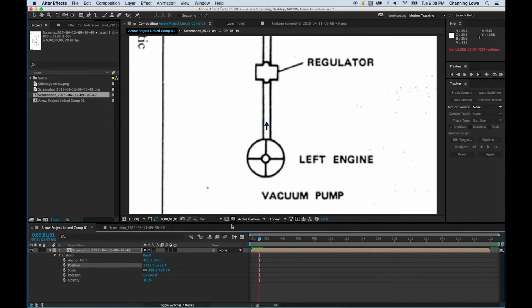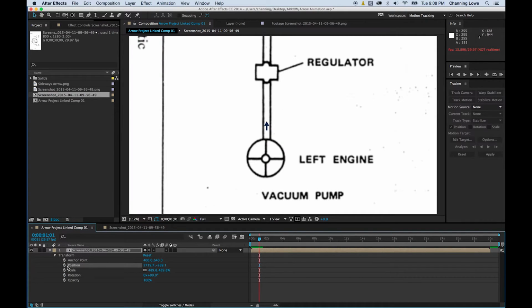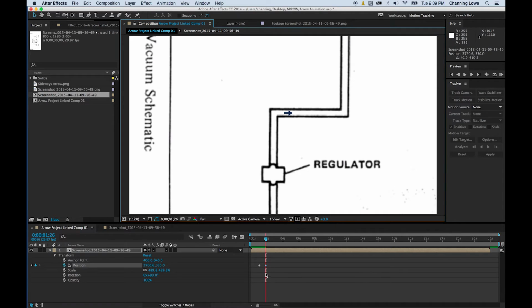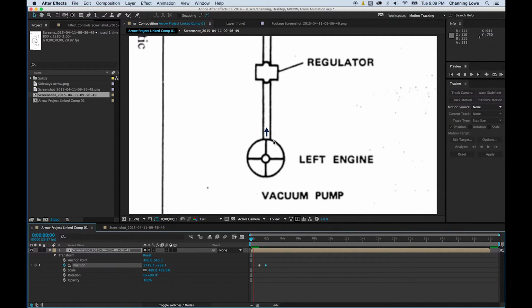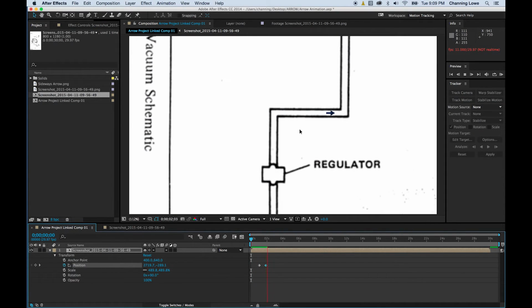it goes. So if we start here, and right here the arrow starts moving about 1 second in. Once that arrow starts moving, we want to animate up. So now I'm going to animate this whole canvas on the animated screenshot. So I'm going to animate with that arrow there. So now I'm going to click Position, Play, get it to where it kind of ends there, and grab this and move it to right there. So now it goes from here to here, and now watch what happens. It animates our canvas